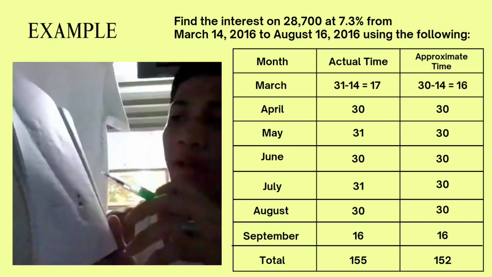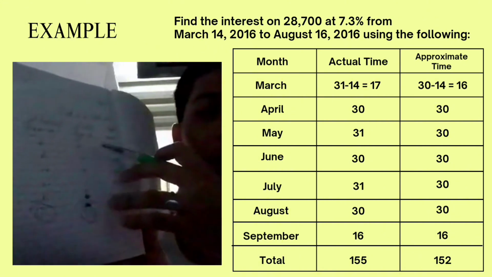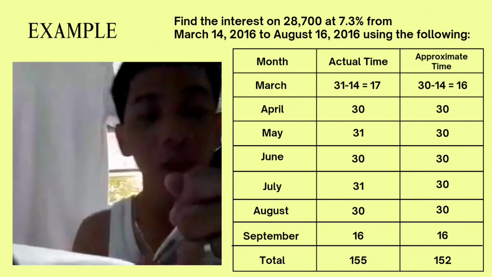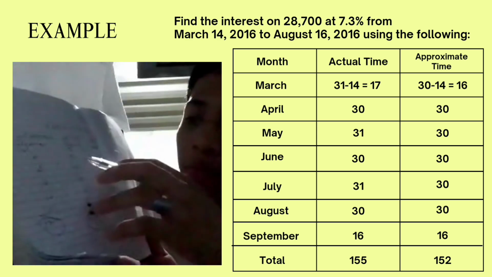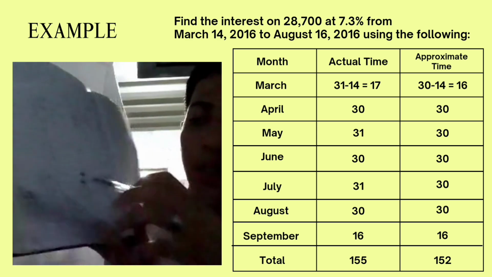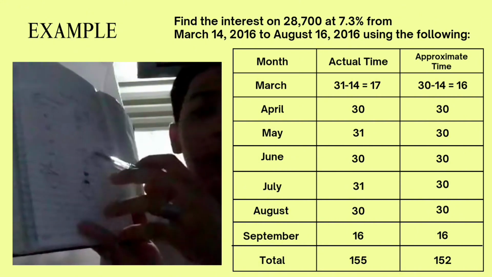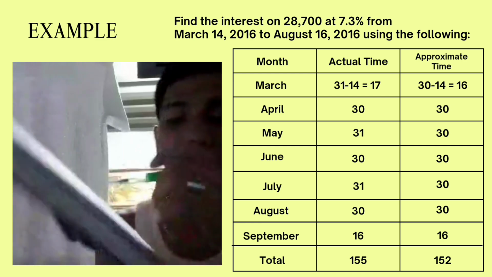For March 14, we subtract it from 31 of March. Like 31 minus 14 is equal to 17. And the 17, we add to the days. Like 17 plus 30 plus 31 plus 30 plus 31 plus 16, and that is equal to